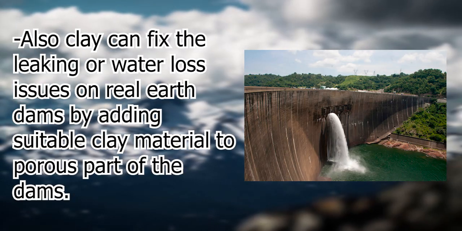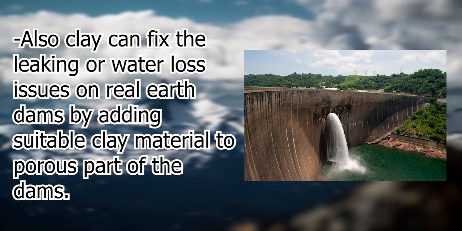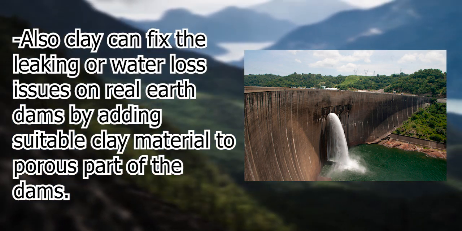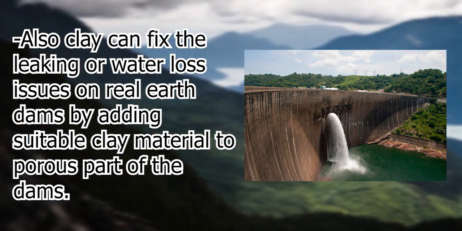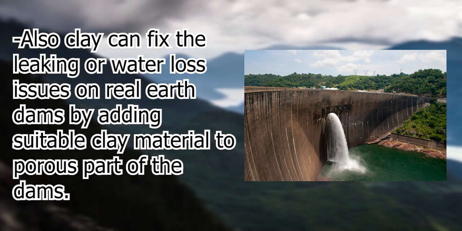Last but not least, clay can fix the leaking or water loss issue on a real earth dam by adding suitable clay material to the porous part of the dam. Clay soil has contributed to a lot of construction since ancient times. This is the proof that clay soil is the oldest material that has been used in construction history. Enough about that,